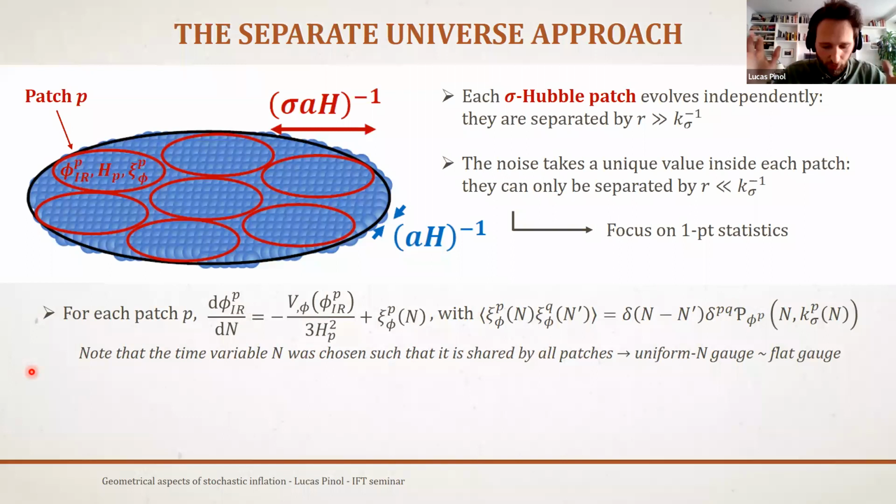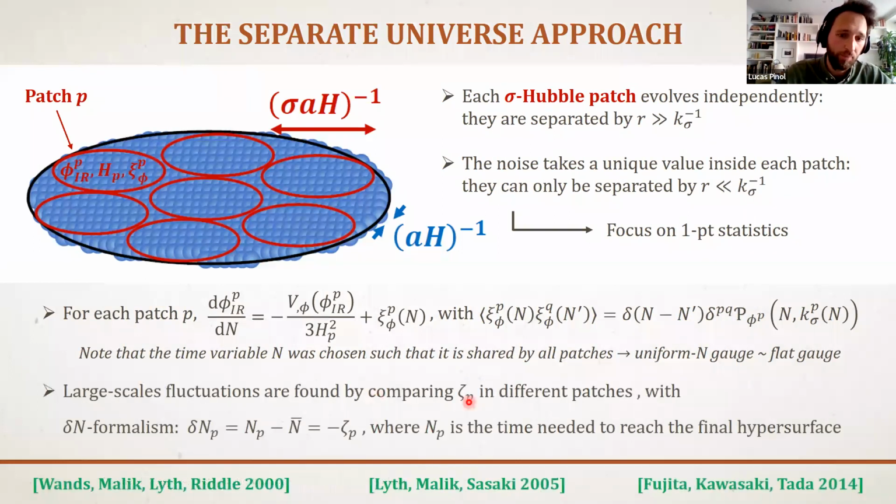Then actually just for making the link with cosmology, for the one that know that, we can use the so-called separate universe approach to calculate the statistics of zeta, which is the curvature perturbation that then we can observe in the CMB from this approach by using the so-called delta N formalism. So let me not go into the details, that's just for a small remark for the experts.